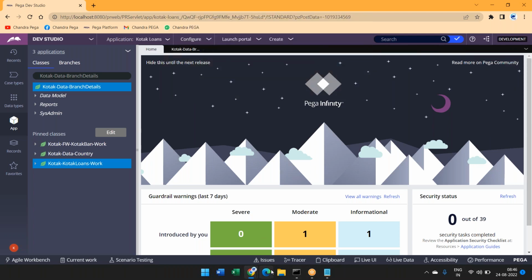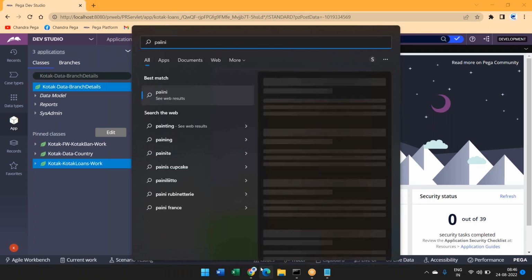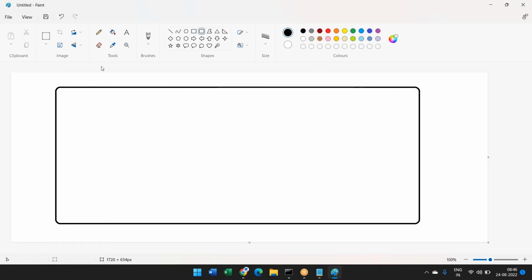So the assignment is here. This is our screen. Here you should be having one button called employee search. Once you click on that button, employee search, you have to show